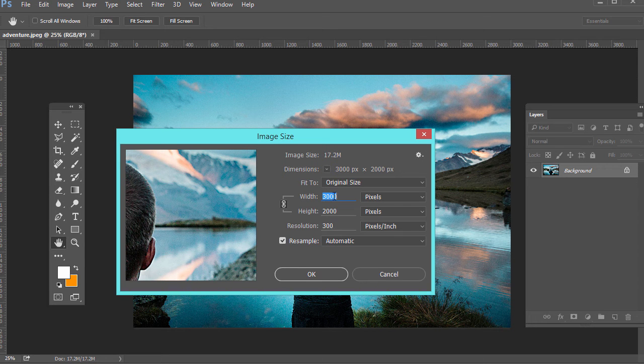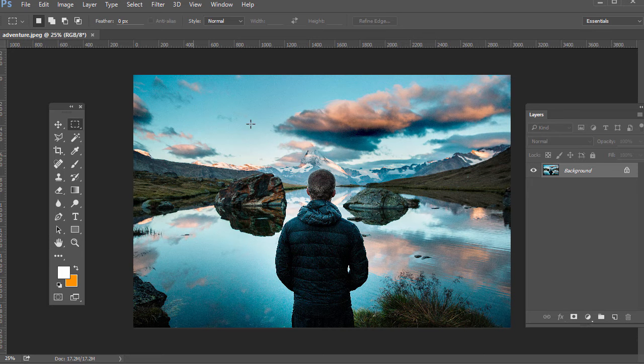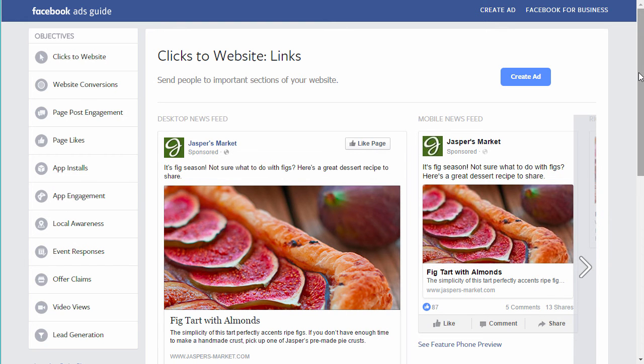So what that means is it's the width, the height, that's how many pixels there are, but the pixels per inch, this is really meant for print at 300. We don't really need that. We could downsize it to 72, but we're going to do that with a preset. If we tried to resize an image just by changing it there, it would keep the same width to height ratio. And we need to look at the Facebook advertising guidelines, which I linked to in the previous lecture,